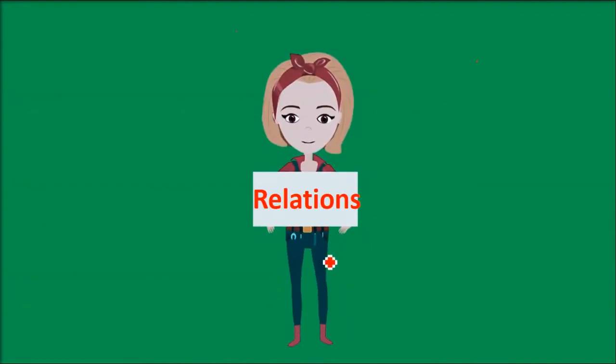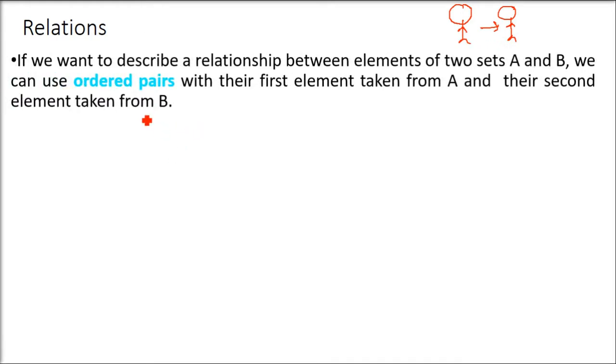We are discussing relations in mathematics in sets. So what is a relation? For example, in your family, if I take two people, you and your brother, you have a relation that he is your brother. Your brother also has a relation that you are his brother. This kind of relation, how we represent it in mathematics, is what we are going to discuss.